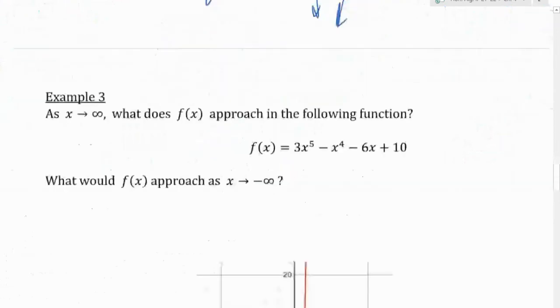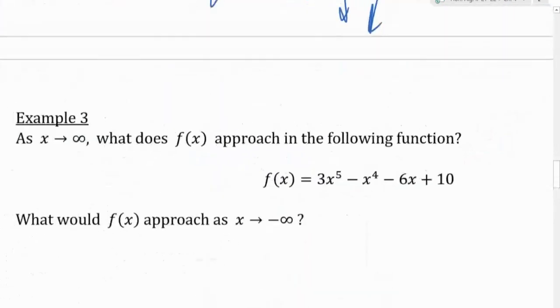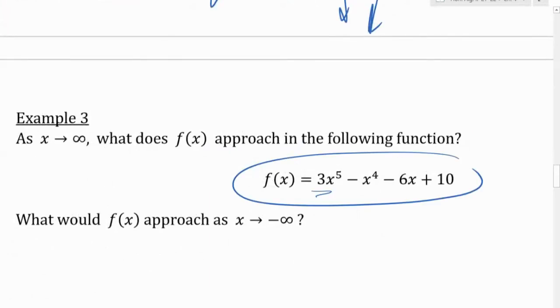Okay, so let's just try one. I'm going to keep that graph where you can't see it. Just don't look at it. Here's a function. As x gets bigger and bigger and bigger. Okay, here's the best way I can tell you how to think about this. Like if x were 2, these x's right here make a big old difference. Big difference. Okay? But if x turns into 2,000,